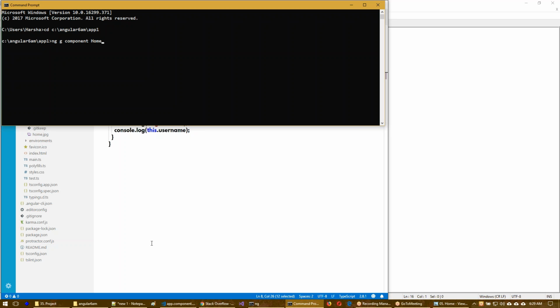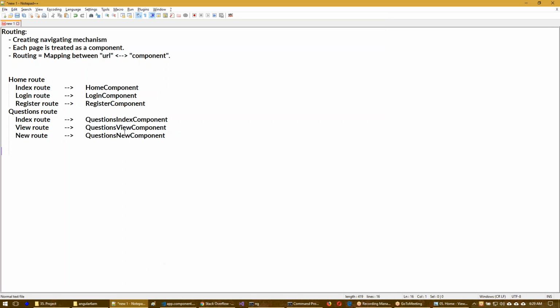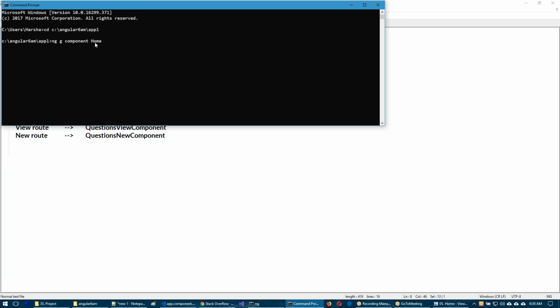So here this is the name of the component. And the suffix component at the right hand side will be added automatically, no need to worry about it. Okay, home component, for example, it will be like home.component, automatically it will create. So just from your side, you have to provide only home. It will be decoded as a home component automatically.